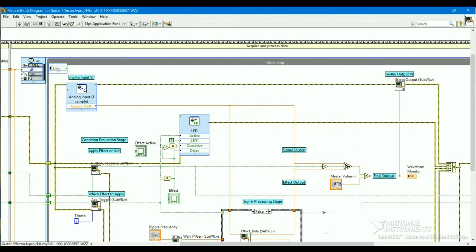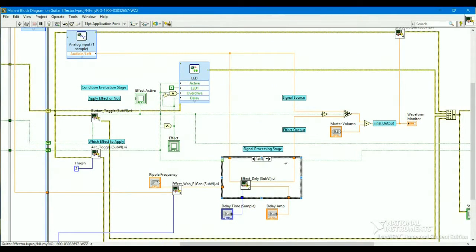Let's see the signal processing stage. It's a case structure, condition switch logic controlled by the accelerometer toggle value, and you can see that there are two effects called delay effect and wah-wah effect. Each of them has different controlled parameters, and the outputs, the after-processing signal, will be passed to a case structure,